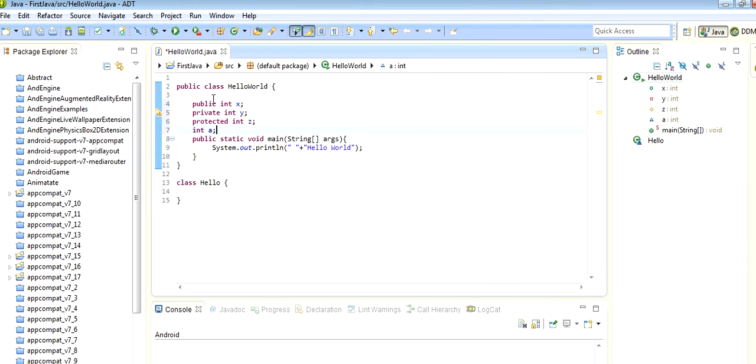So I am declaring 4 variables. One is public int x, another one is private int y, next is protected int z, and this one, int a, has default access.